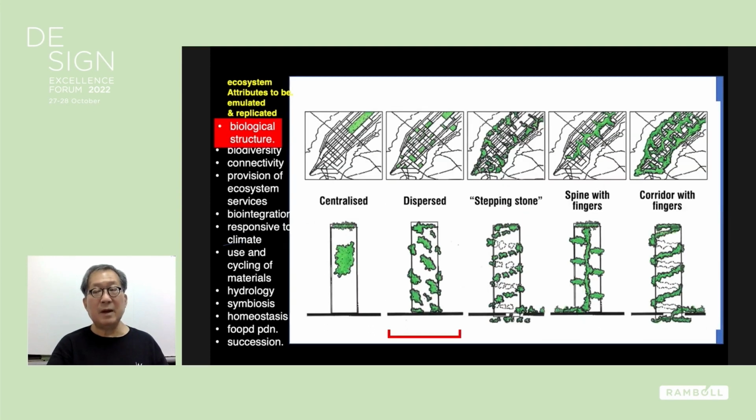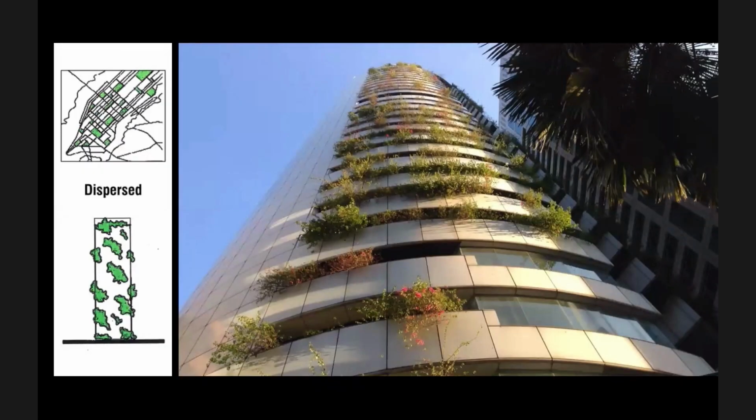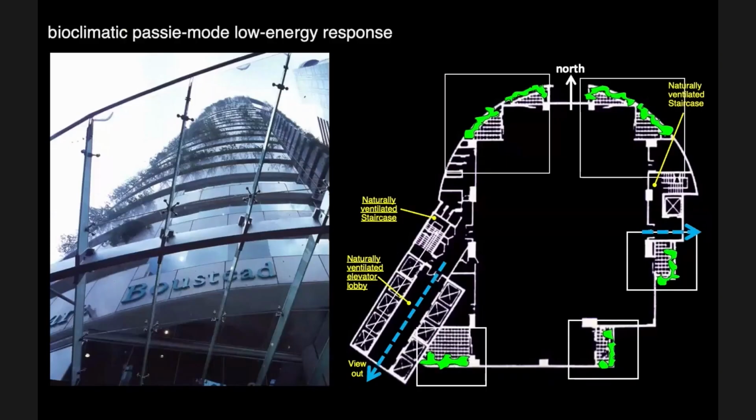And so going back to this diagram, this is one of the early schemes that we did, where we had a patchy relationship. And as I mentioned earlier on, this is not ideal. The green is not connected. But these were early days. This was about 30 years ago when I started to put vegetation on buildings. And so I had corner terraces, I had balconies, I put vegetation outside. And this is what it looks like in a building that we did. It's a 35-story building with vegetation on the outside. And these are terraces and where the vegetation is located.